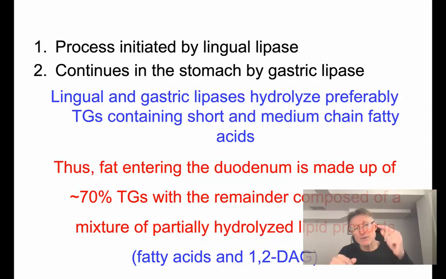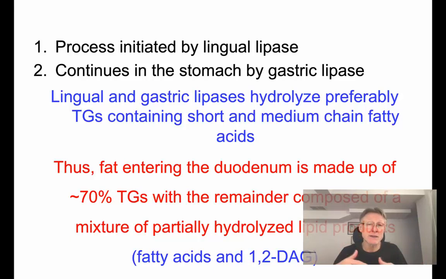It's fatty acids in position 1 and 2 of the glycerol, or carbons. Fatty acids are esterified to position 1 and 2, or carbon 1 and 2, of a glycerol molecule. So that's what we call DAG. So this is basically what enters, or the majority of the fat that enters the duodenum, because the other components